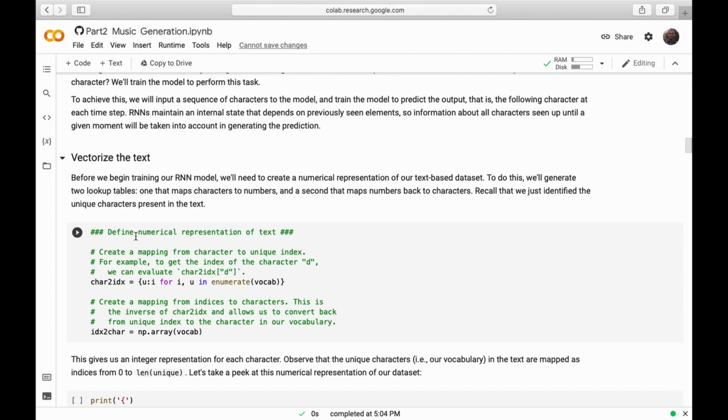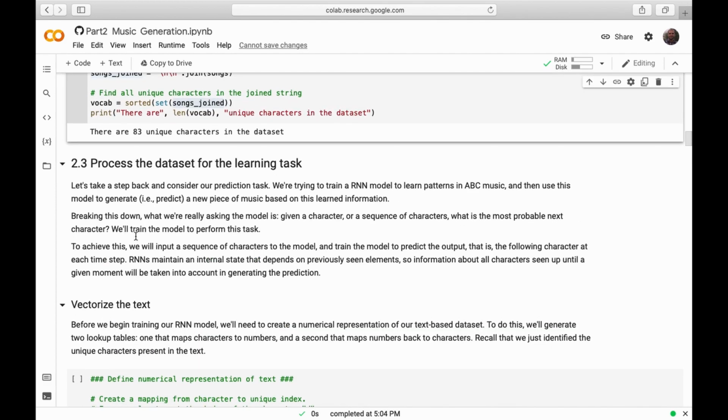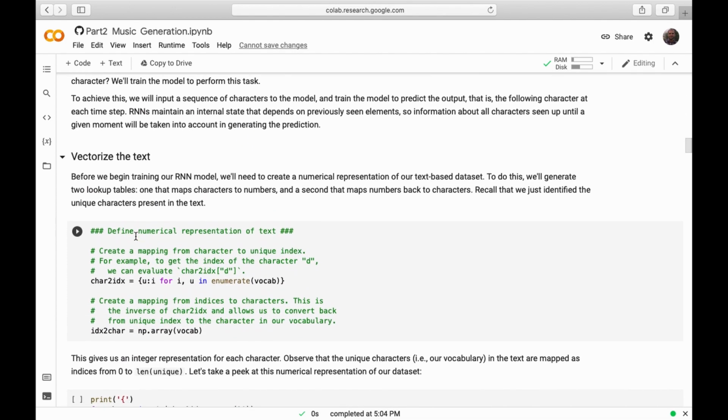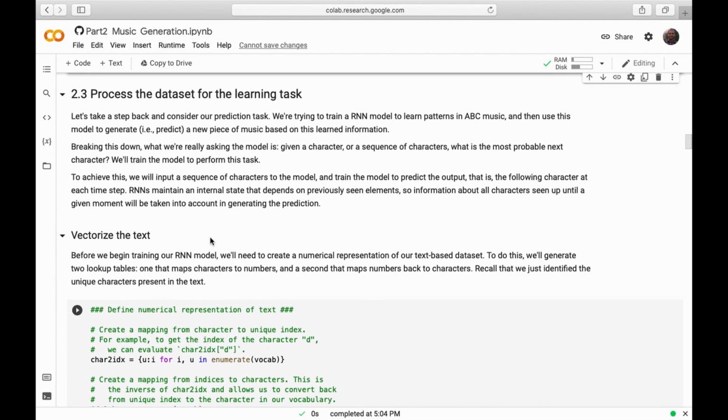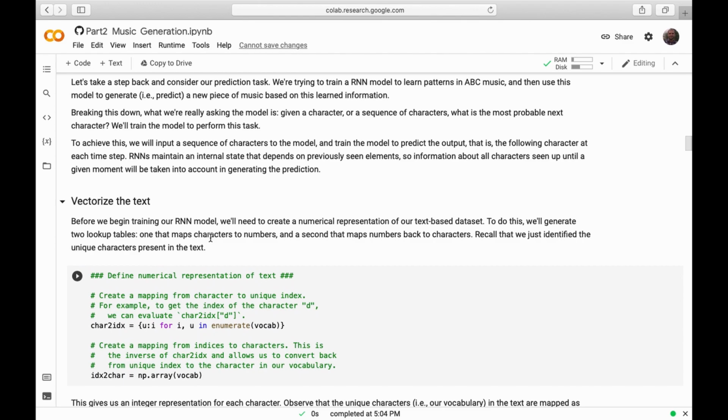So we have to relate each character in our string to a number. What we do here is we sort them. You saw that we sorted those characters, and each